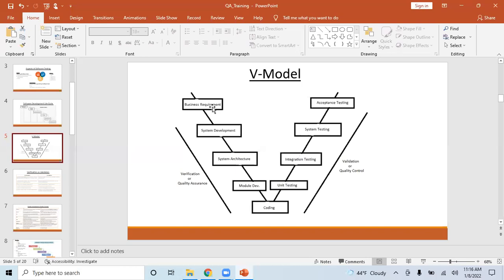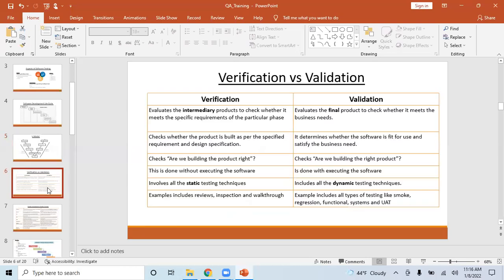Okay, got it. Thank you. One more thing, Kiran. We have a slide for the differences between verification and validation, right? You said this is important from the interview point of view as well. Considering myself, I do not have any real-time experience. I did understand the basics of this, so when they ask me anything about this in an interview, there are chances that I might not get it into my mind immediately.